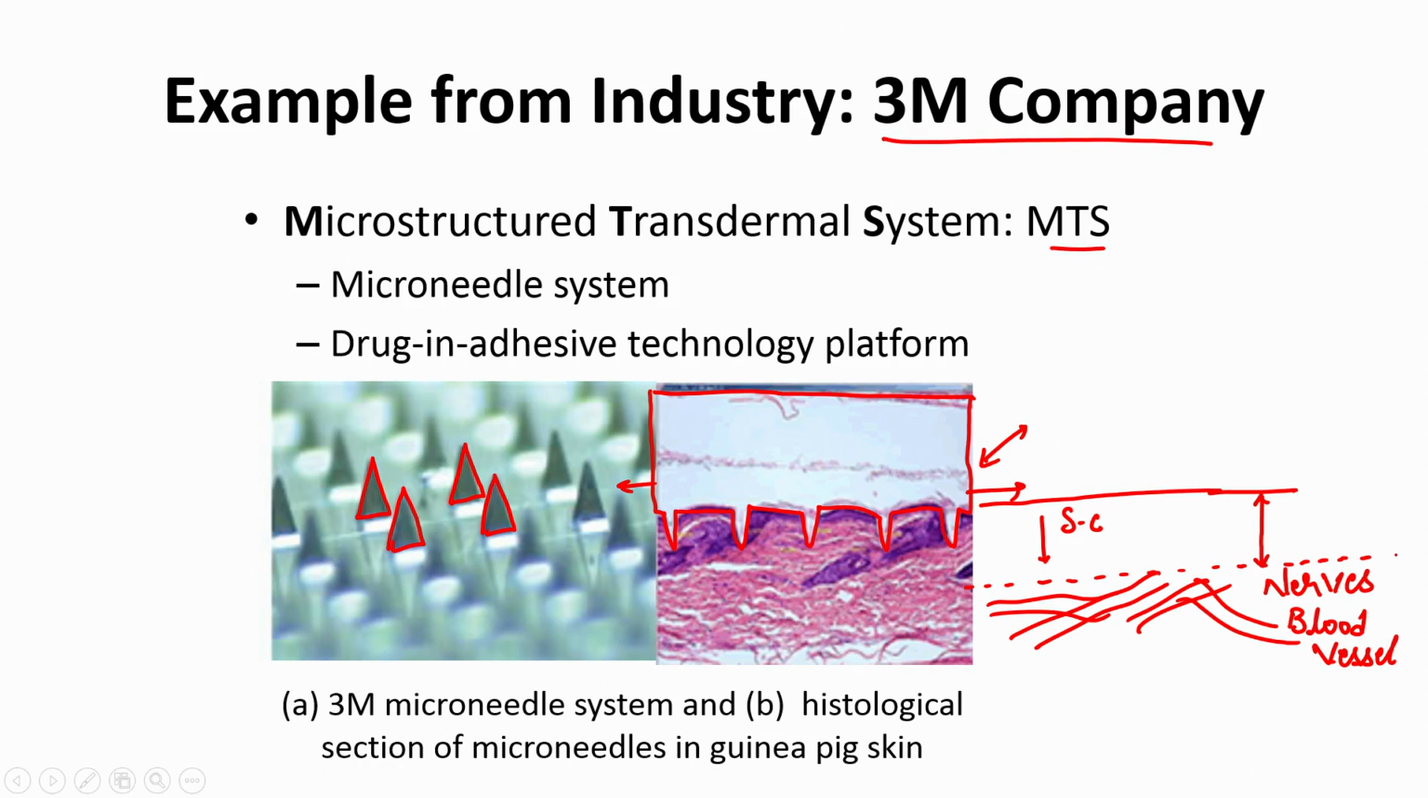Unless my needle actually touches the nerve, I will not feel the pain, because nerves are the ones who tell our brain that there is something touching, and that is what gives the sensation of pain. So there will be no pain unless the nerves get activated. If I design a needle which only comes up to these regions and does not go beyond this,